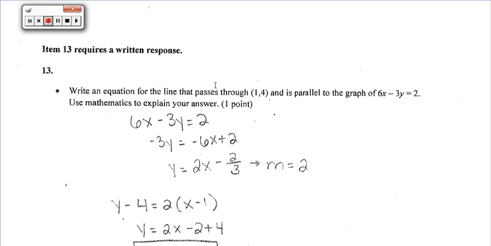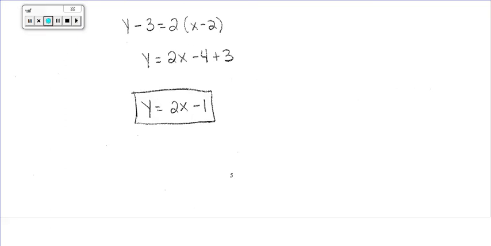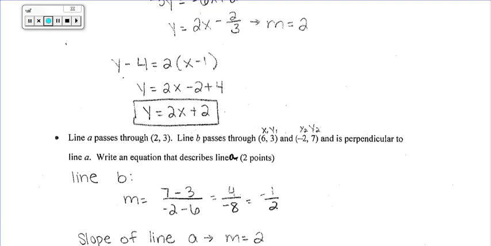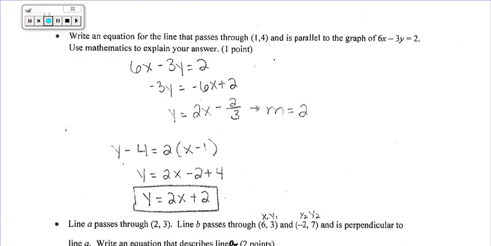So we're going to subtract 6x from both sides. We're going to divide both sides by negative 3, so both the negative 6 and the positive 2 get divided by negative 3, and we get the equation y equals 2x minus 2/3. This tells us that the slope is equal to 2. So now that I know that the slope is equal to 2, and I want a line that is parallel to it,